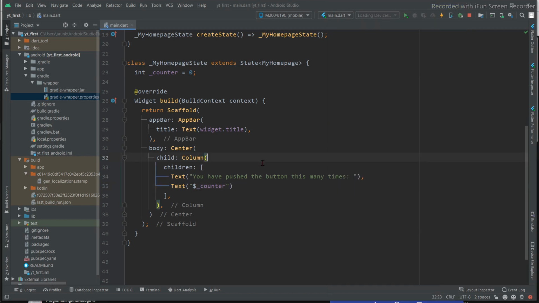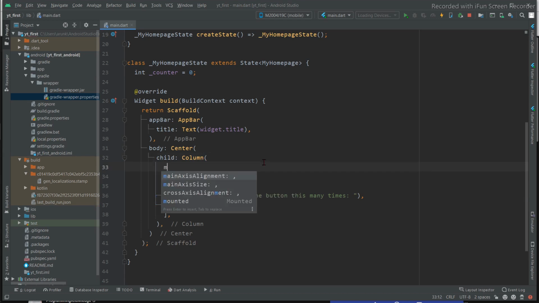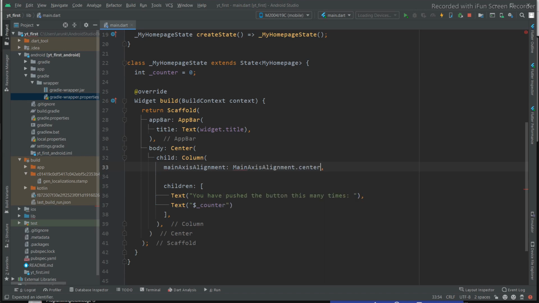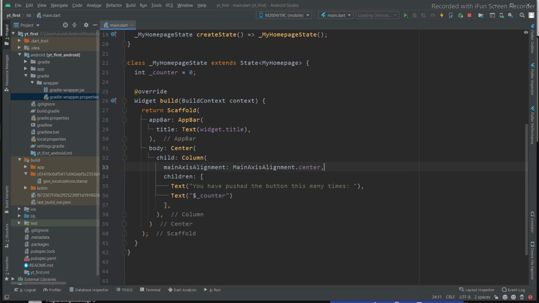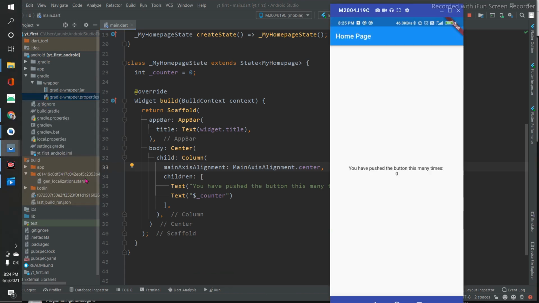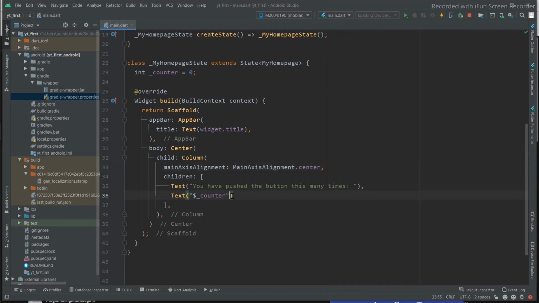So first we will make it center. I will set the main axis alignment of the column to center. Now let's run again. Now you can see it came to the center of the page, but the size of the counter value is still small, so we need to increase its font.